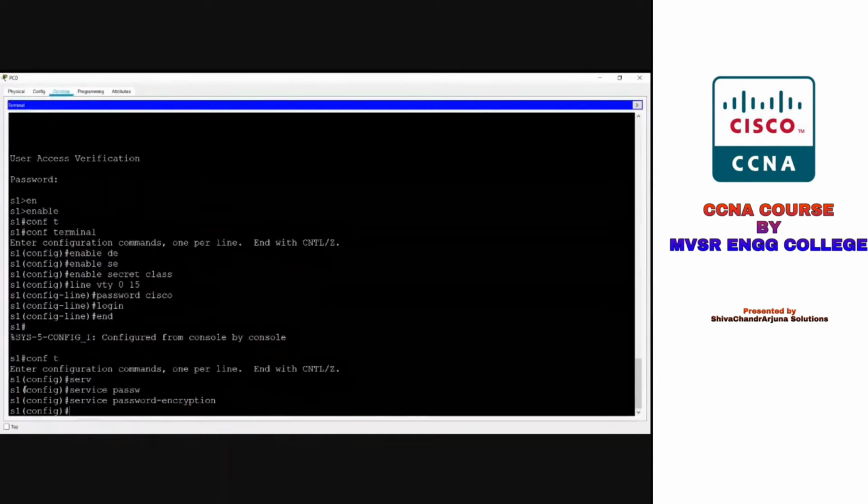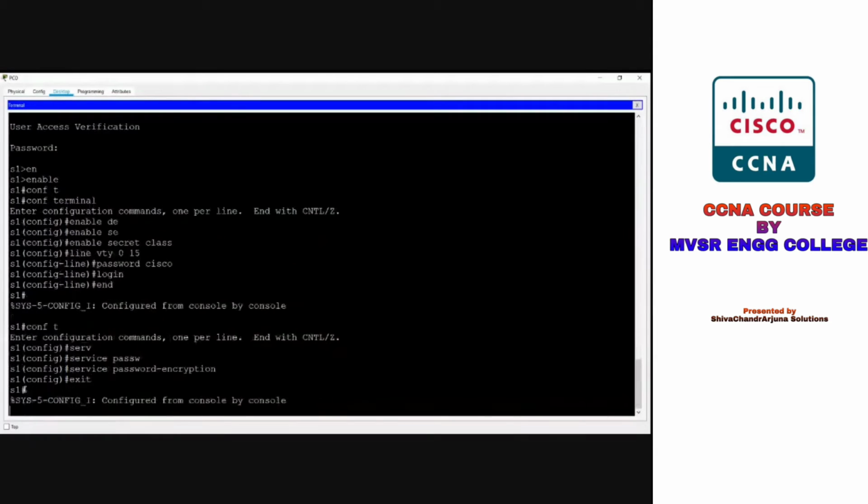Then exit. So to encrypt all the passwords in the different configuration modes, I can encrypt all these passwords by using the service password-encryption command.